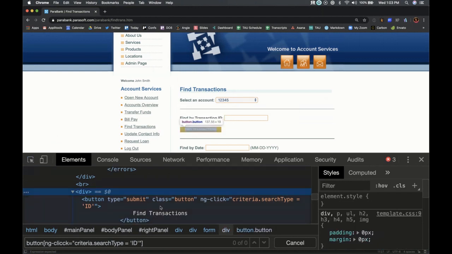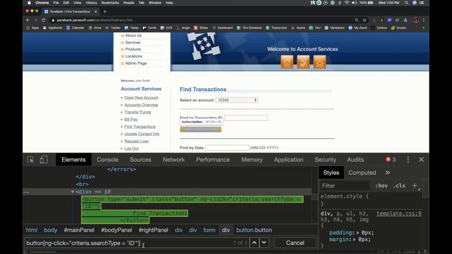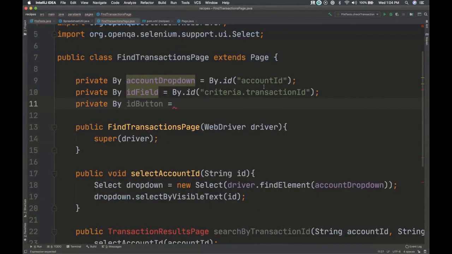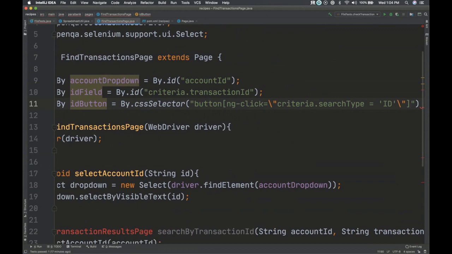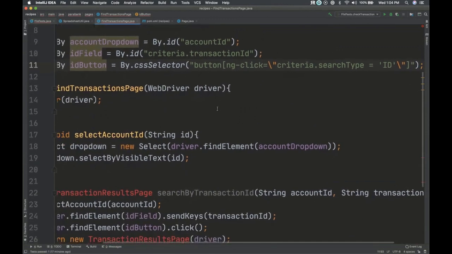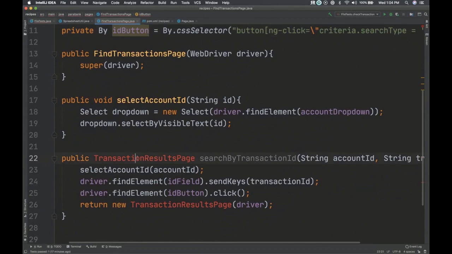Let's see. Oh, this is okay. So button. Oh, too many C's. There we go. All right. So this is a CSS selector. And voila. All right. And now we just need to make this guy.